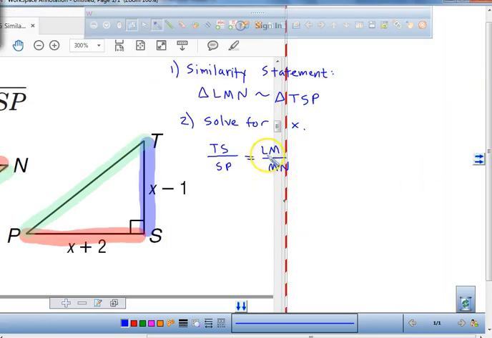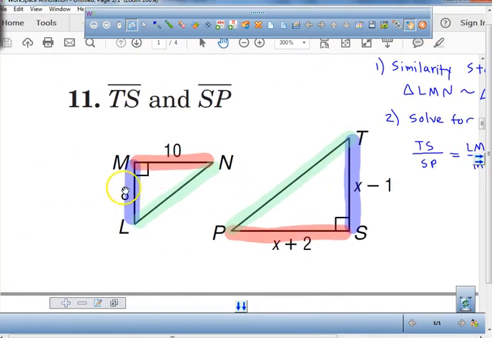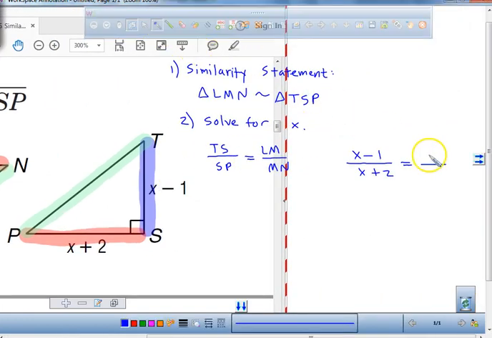So hey, now that we have this, you guys tell me the distance from T to S. From T to S is x minus 1. S to P is x plus 2. Now, I'm going to scroll over here. We're going to look at the distance from L to M. L to M is 8. M to N is 10. So you're going to put up here 8